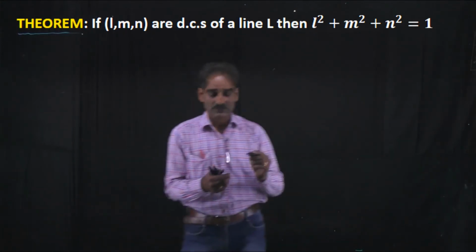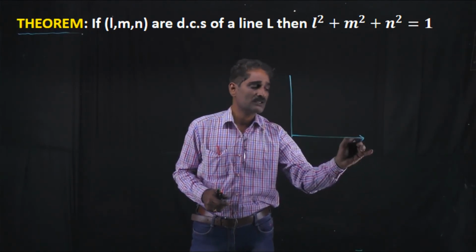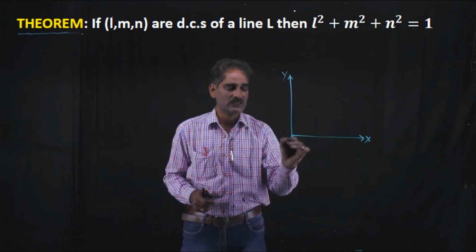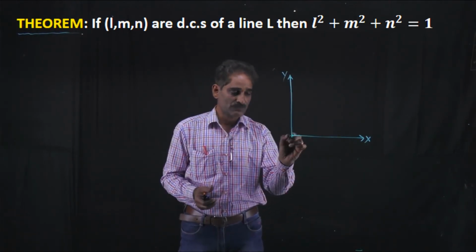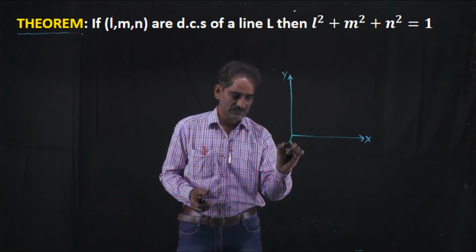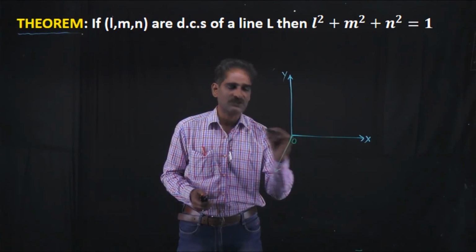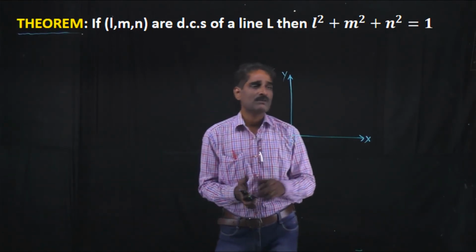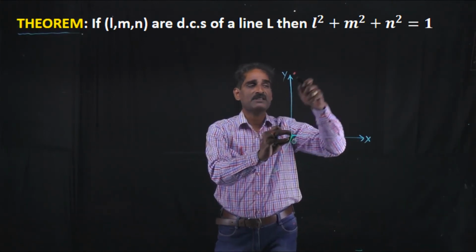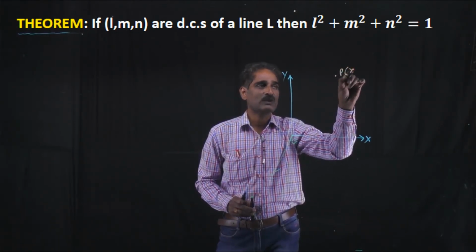So for that, construct a system. Suppose these are three mutually perpendicular axes. Let us take the x-axis and y-axis and draw a z-axis which is perpendicular to both the axes like this. So we should draw like this. Let us take this as the z-axis. The intersection point is the origin. Suppose this is the position of P, with x, y, z.